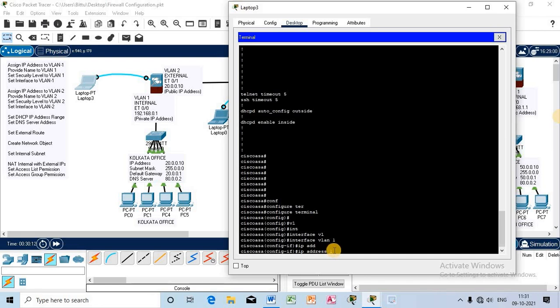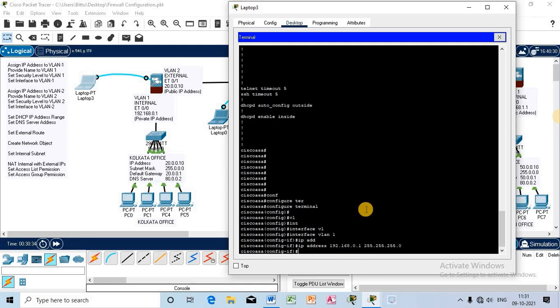So this is a 24-bit network address, 255.255.255.0. Okay, so I have assigned the IP address under VLAN 1 as the internal part of the hardware firewall.